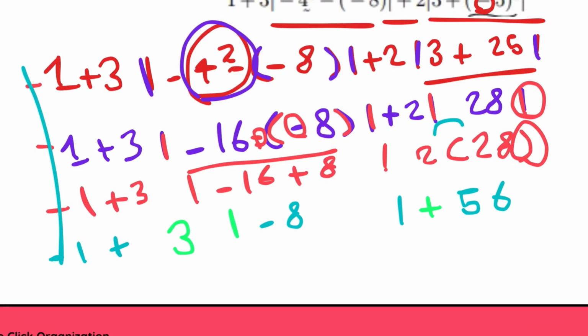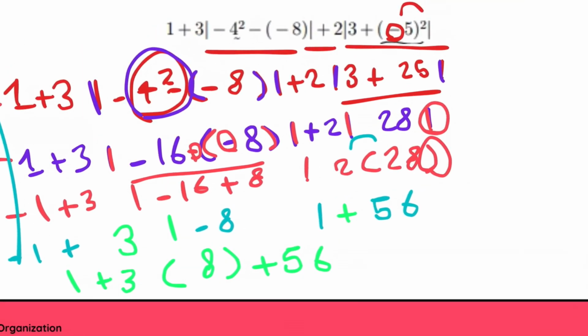As I said, absolute value is equal to parentheses. We can consider it as that. So it's going to be 1 plus 3 parentheses open, times 8. Do you know why? Because minus 8 is an absolute value, and when it comes out of it, it means that it doesn't have any symbols, so it's going to be simply 8, plus 56. And right now our work has gotten very, very simple. Let's look at it this way. So 3 times 8 is going to be 24, right? So we have 1 plus 24